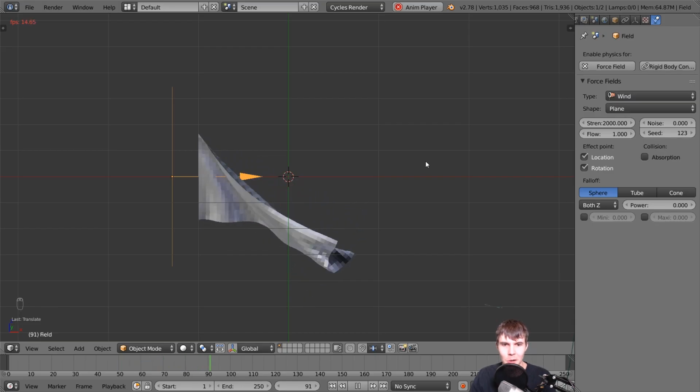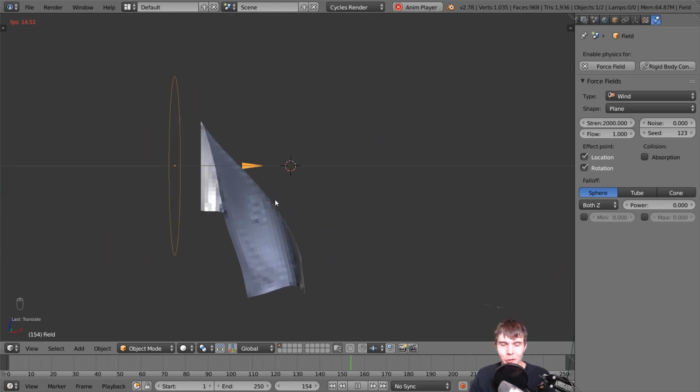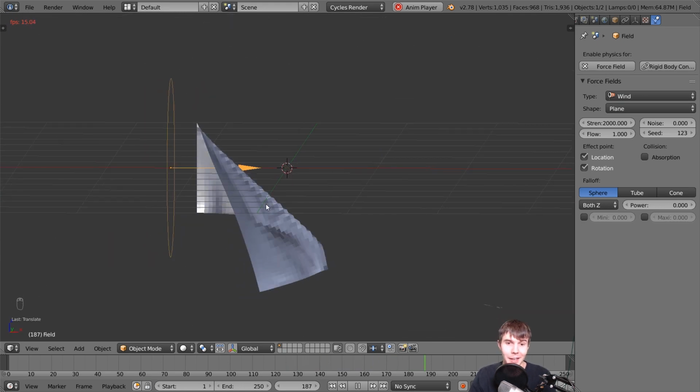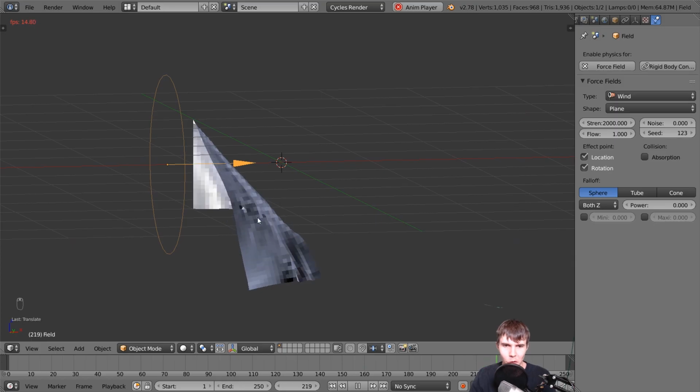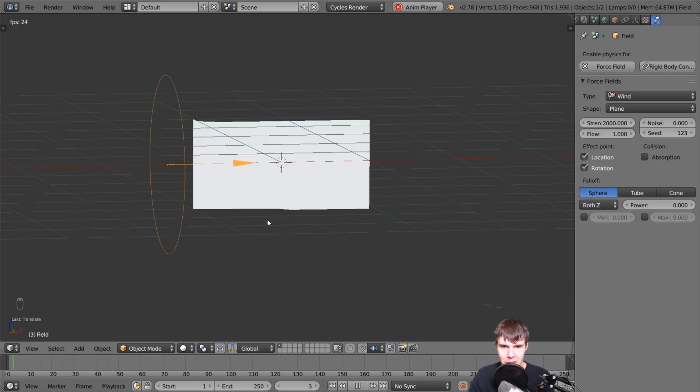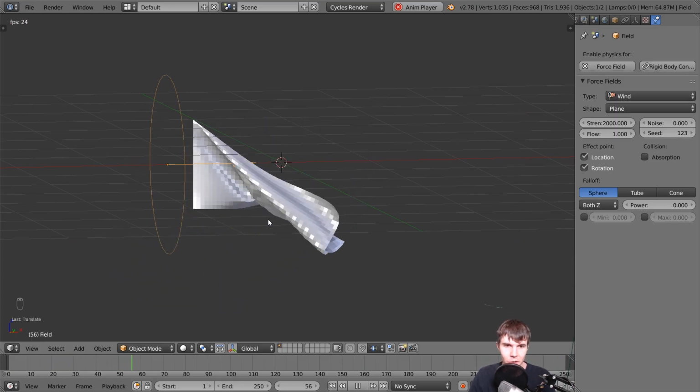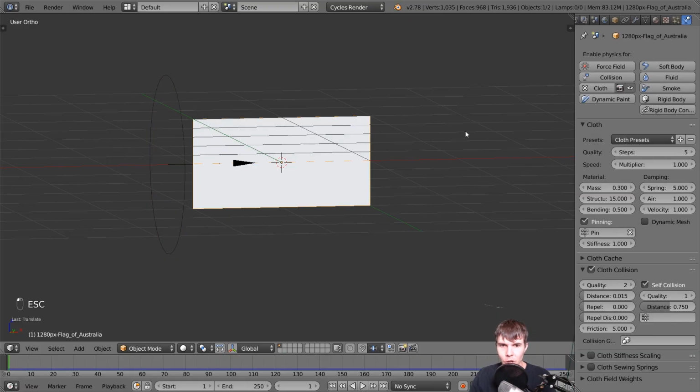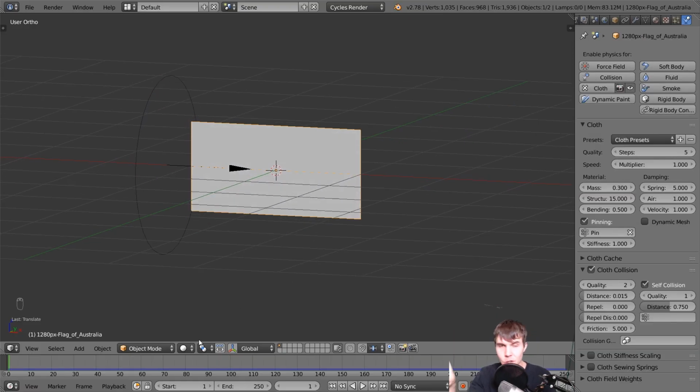There we go. Awesome. So look at that. We've got the very first step of a flag animation. Essentially, it doesn't look too great right now. It looks a little heavy. It's got a bunch of other stuff going on, which is fine. Now, one thing I want to do before we go any further, because we're going to get into the cloth